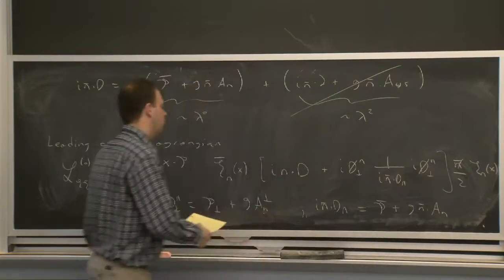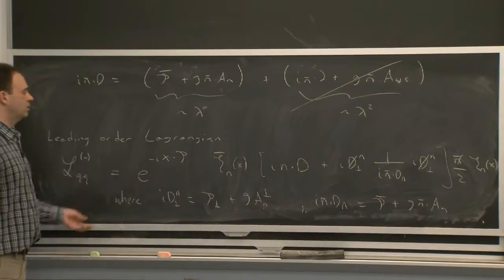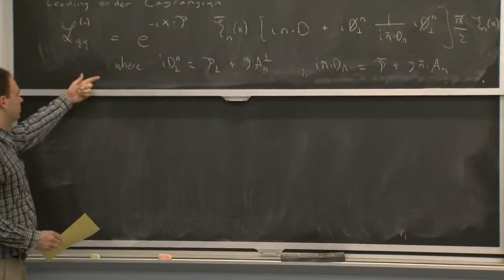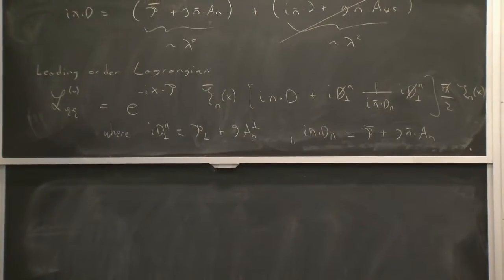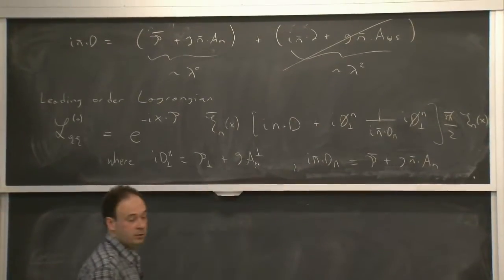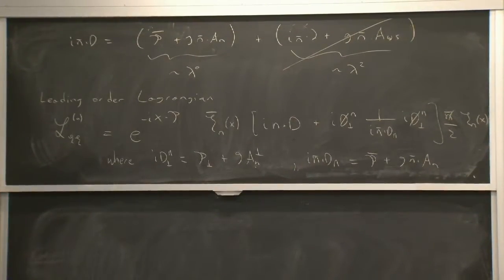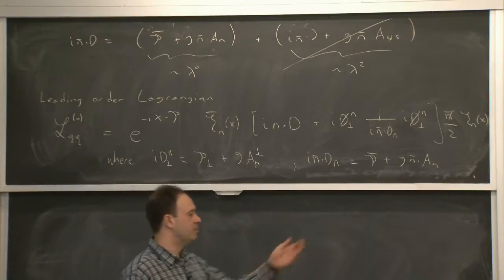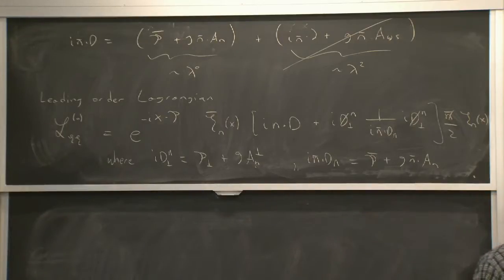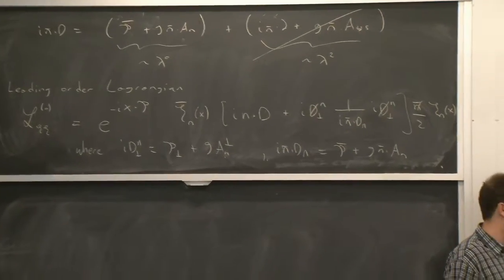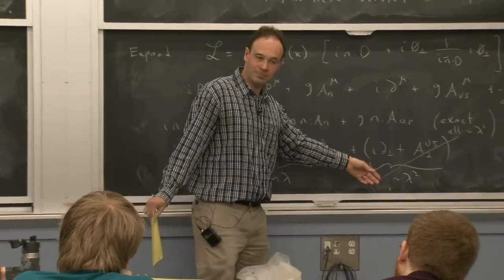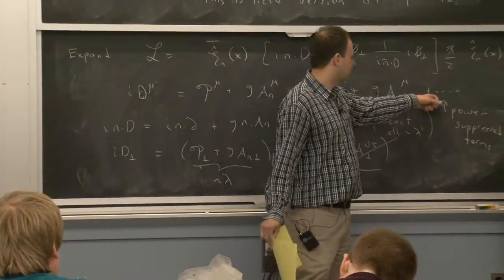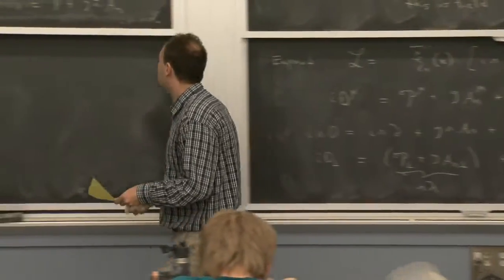OK, so this Lagrangian here is the leading order Lagrangian, with this additional notation. If you like, we have this kind of D that has both pieces in it for the n dot direction. And then for the other two, we just have the collinear pieces. And that's the leading order action. We've carried out the multipole expansion, and after we introduced the notation, it became something trivial. So the power of the notation is that once you've swallowed it, everything else is simple. If I want to go to higher order, I just work out what these terms are. Then I should also worry about these terms, and we'll do that later on.